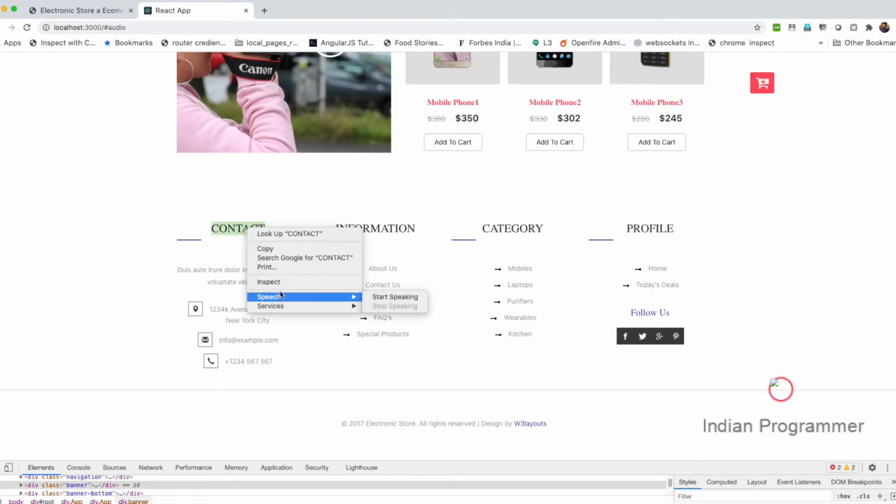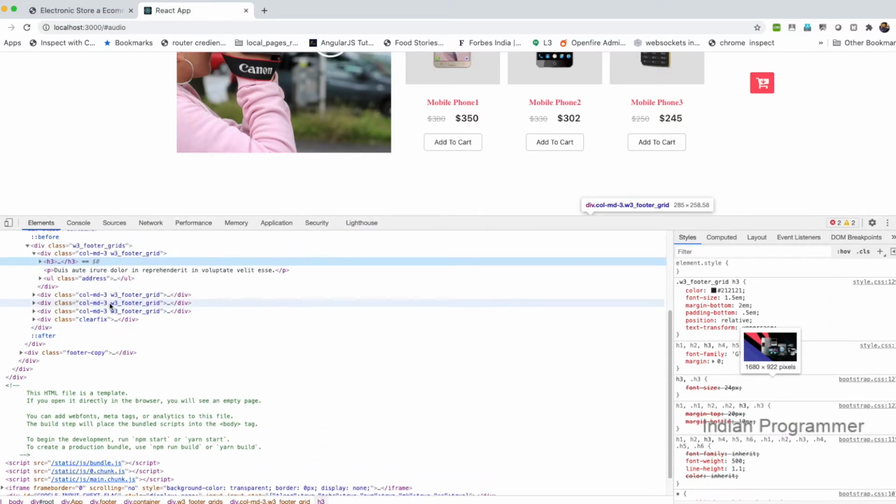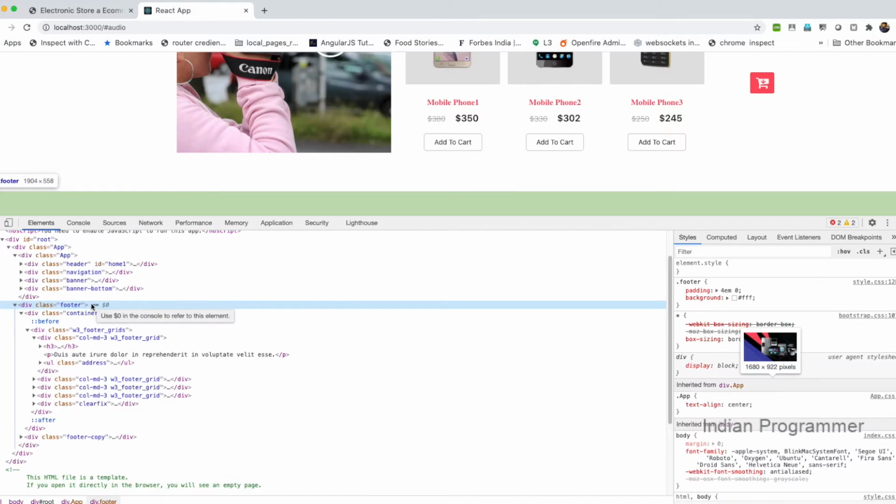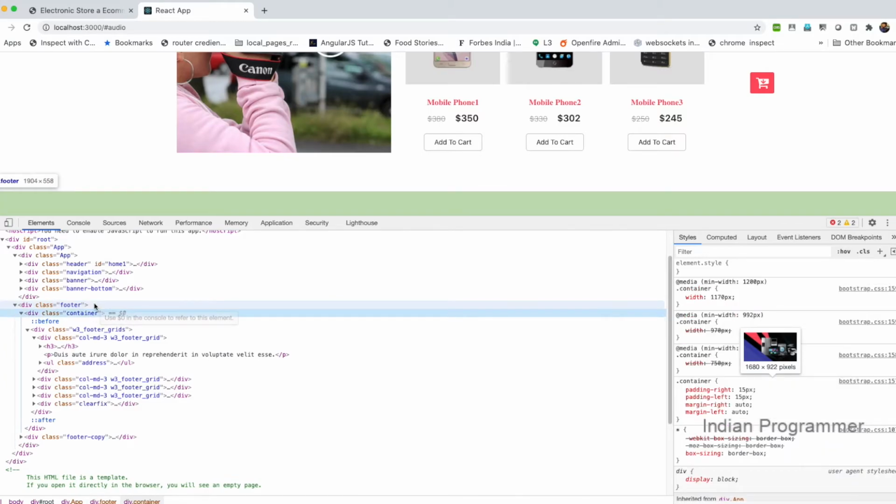Let me see our code. This footer is there and container is there.